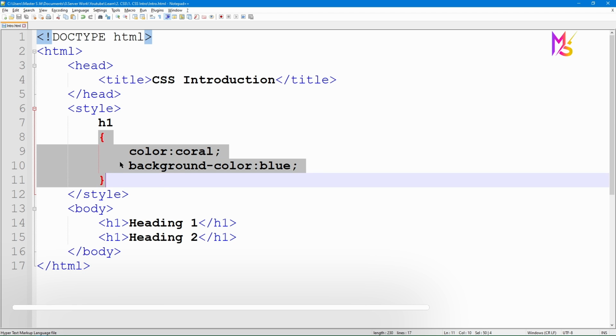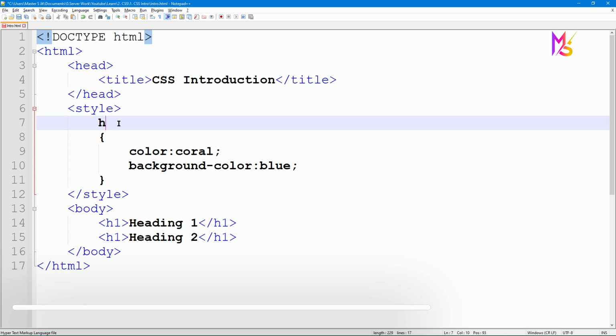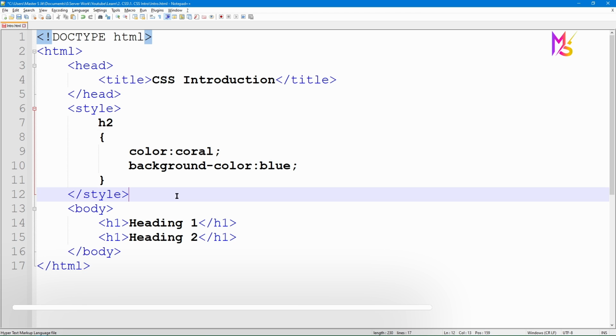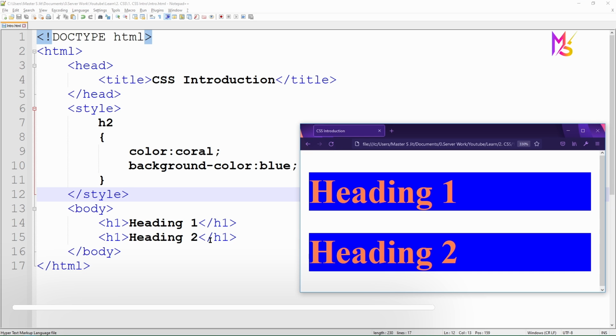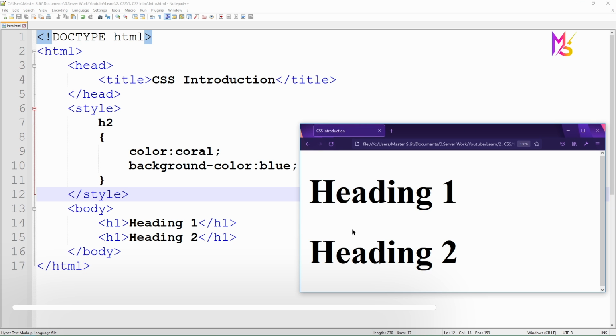If I change this to h2, there is no h2 heading, and I save this file. After saving, go to the browser and refresh. You can see here the CSS is no longer styling heading 1 and heading 2.